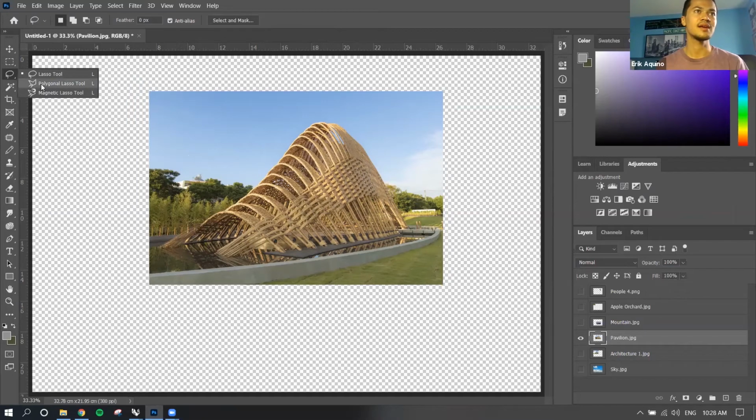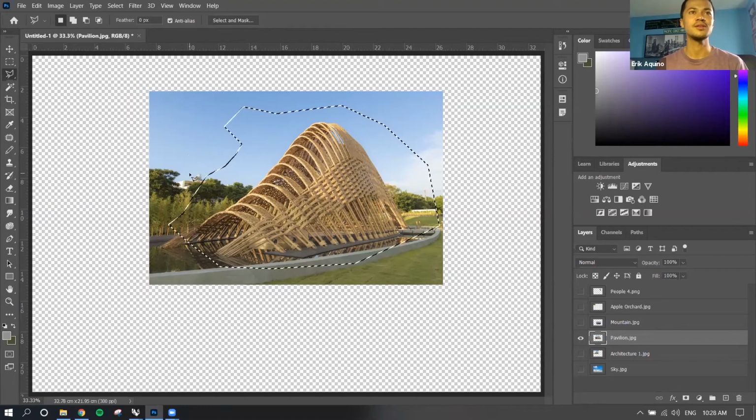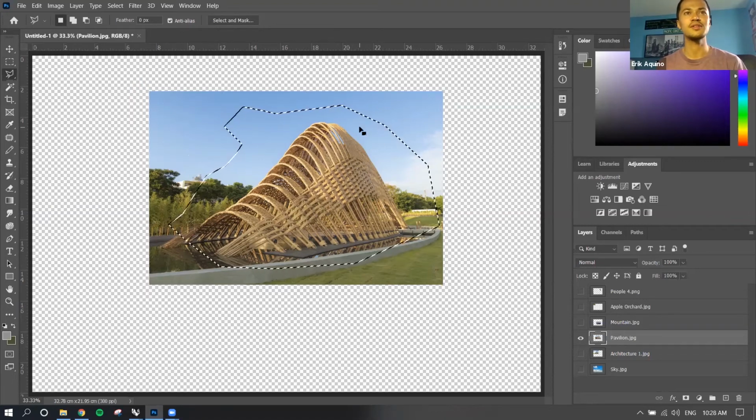I'll right click this again and choose the polygonal tool. And this will create a selection through straight line segments that'll chain together. So every click will create a new angle. I use this a lot. So this is great when you're trying to select your building and you just have to click around the borders of it. Deselect this. And lastly, we have the magnetic tool, which sort of